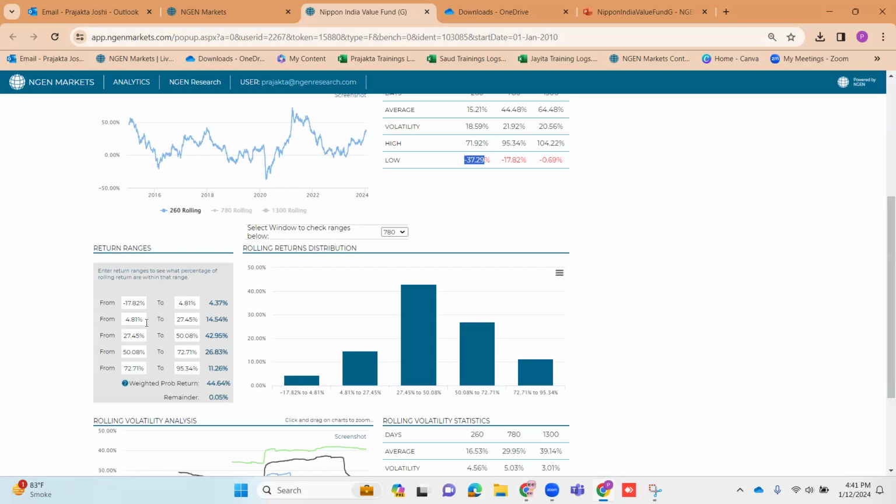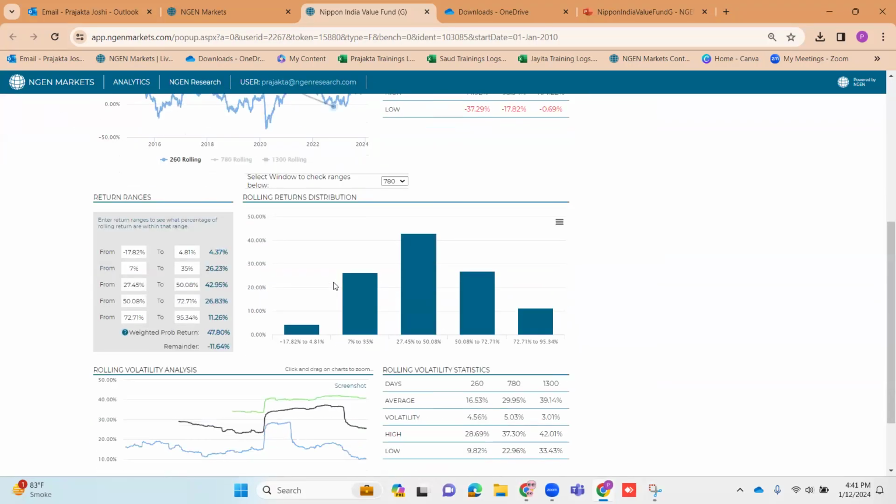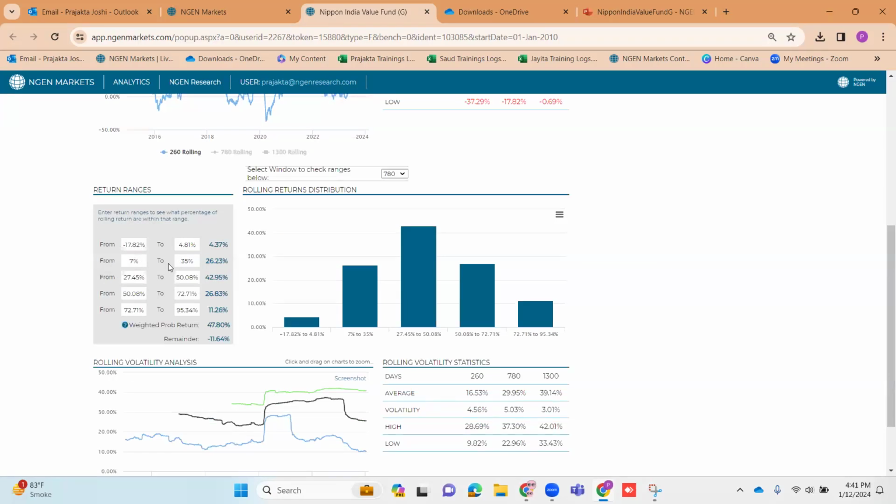Let's say, for example, the client says my target return range is between a moderate 7% to, let's say, as high as 35%. When we are hard coding this range to 7 and 35, that means the client does not want a single observation or return which is below 7%, neither does he want it above 35%. And we click outside. So we see that this fund, Nippon India Value Fund, meets the client's target return range to generate return between 7 and 35%